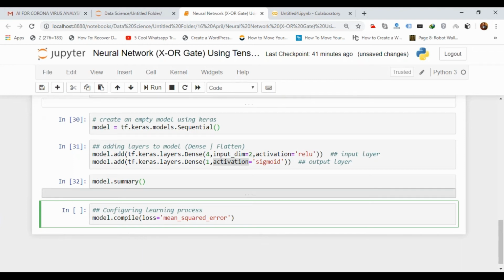So we are taking the loss function as mean squared error. Okay. Then the next one is the optimizer that we are going to use. That's gradient descent. The default optimizer is a predefined optimizer known as Adam. Fine.